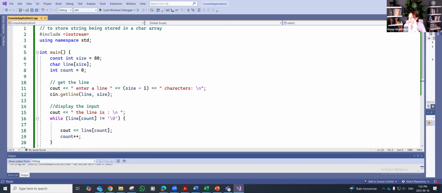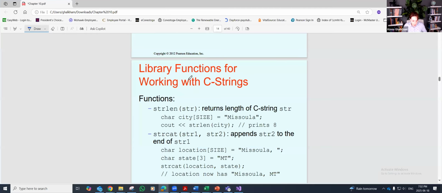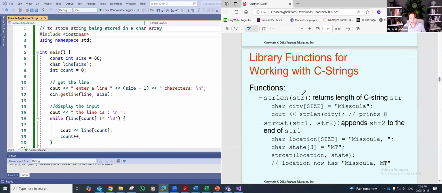Next I'm going to talk about a library function for working with CString. I already just touched CString before in other examples. CString can be used as a header file as well, right? How do we use it? Simply we have to say hash include CString. That's something that we can use. But if I want to use it as, let me just bring in some more information in here for you, if I want to use it as function library, which you can see right in here,